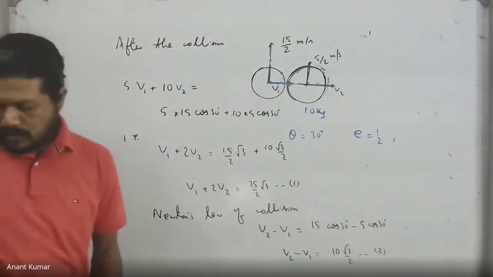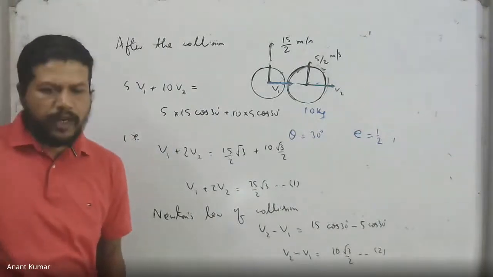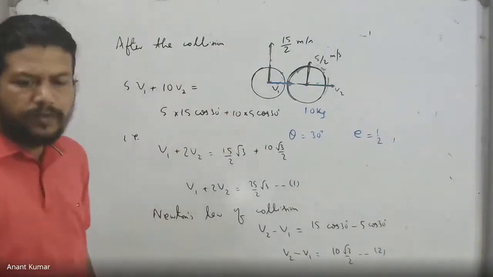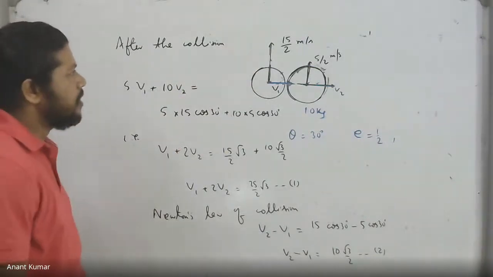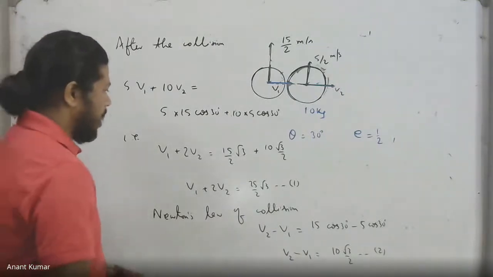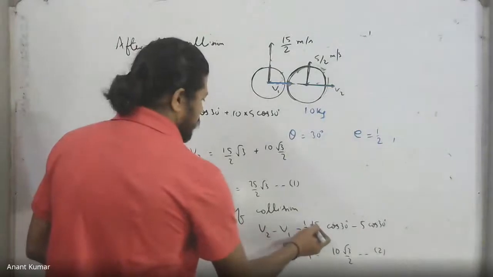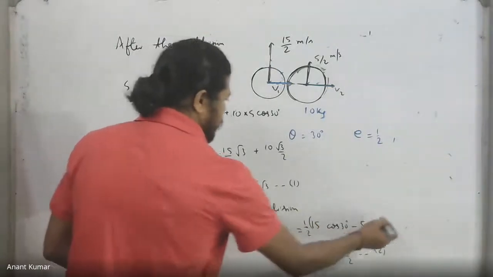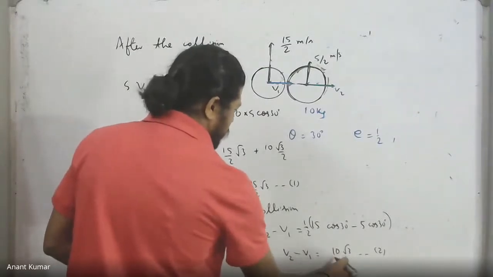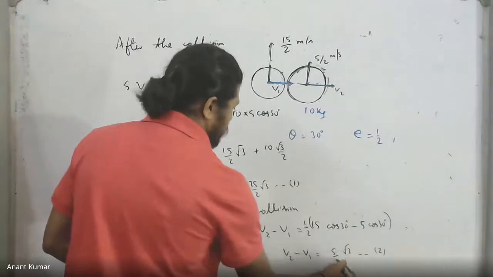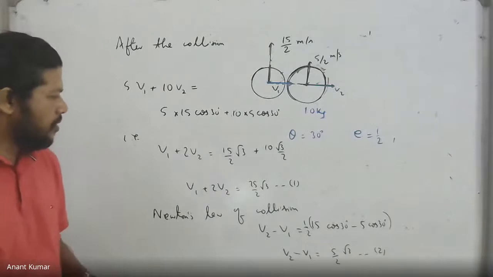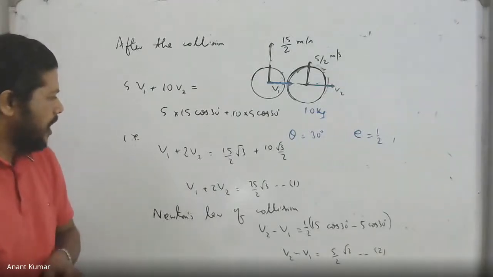And we need to just solve these two equations to get V1 and V2. Then root over V1 square plus 15 by 2 whole square will be the speed of the first ball, and similarly for the second. Oh, sorry, by the way, it will be half in fact, because the restitution coefficient is half. So it will be 5 by 4 actually. The equation will be different. So this is the other equation I've got. The first one is mistaken. I need to solve for these.